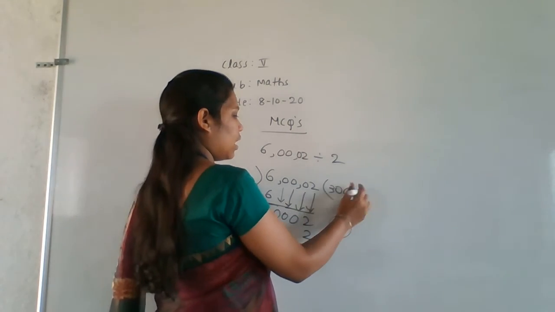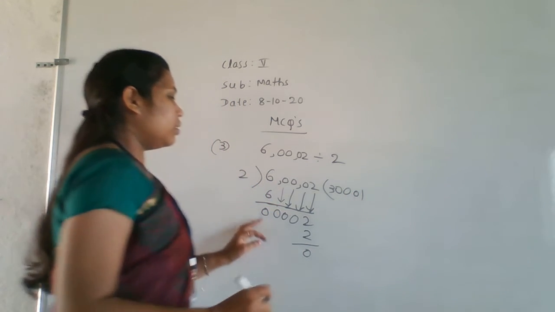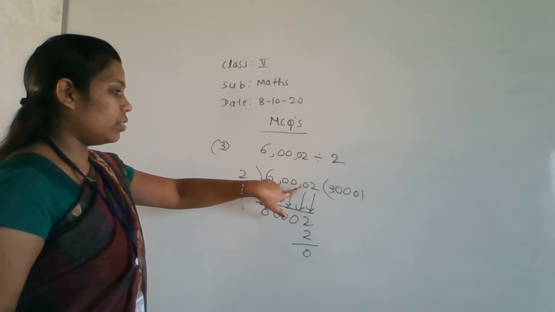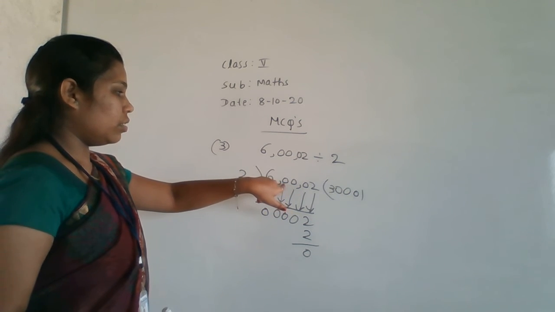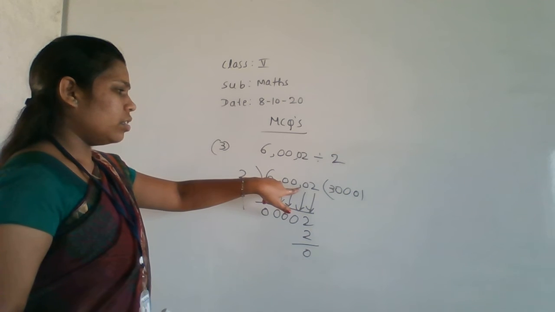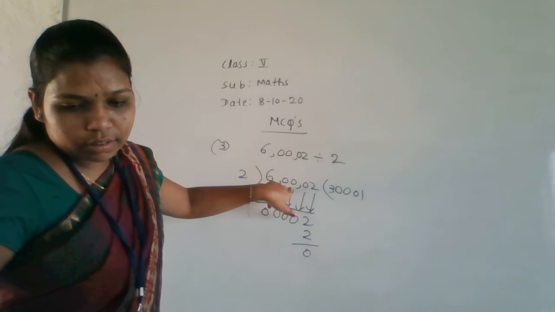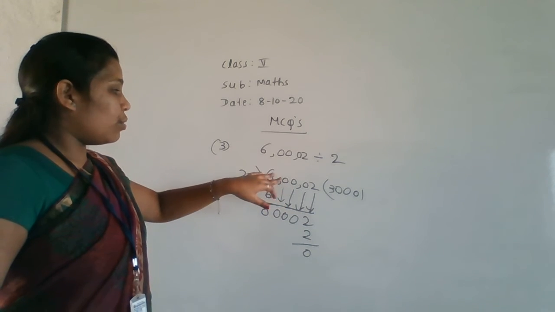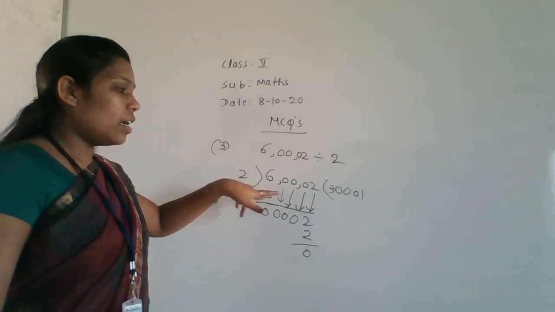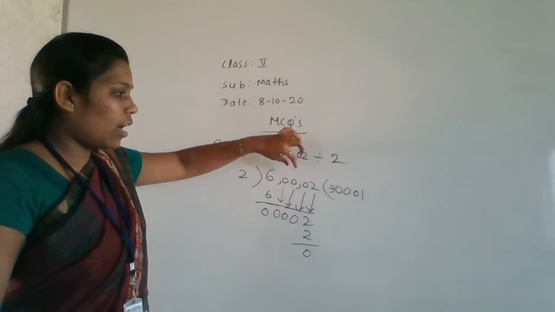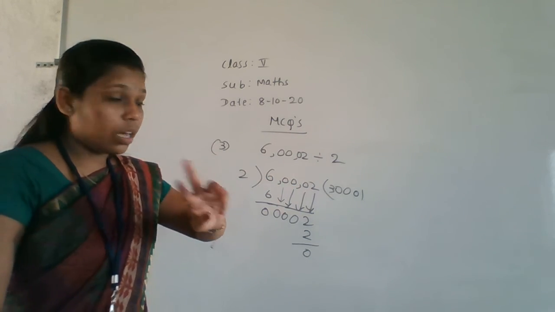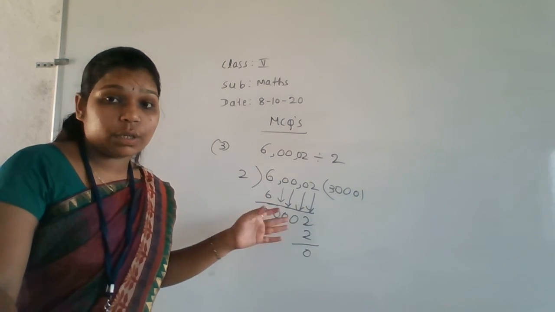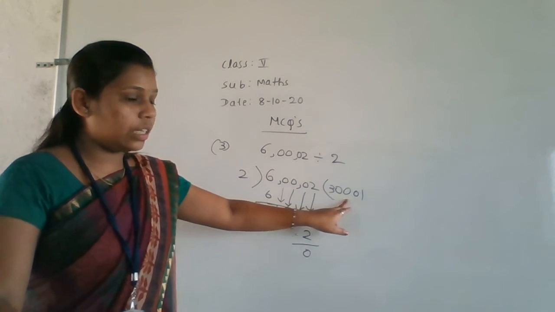See, this one is having commas like this, right? Yes. It is according to the international system only. So when we are dividing, 2 3s are 6. Again after 6, how many zeros are there? 3 zeros are there. So write those 3 zeros directly, because we can't divide 0 by that 2 value. So write here 3 zeros.